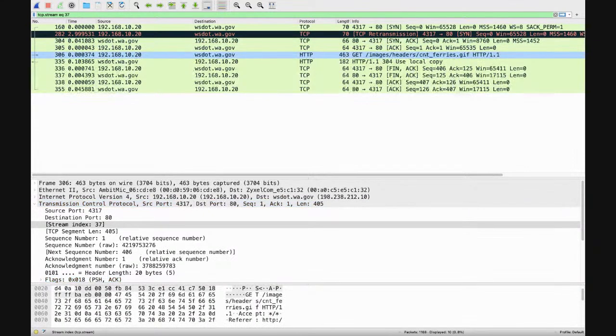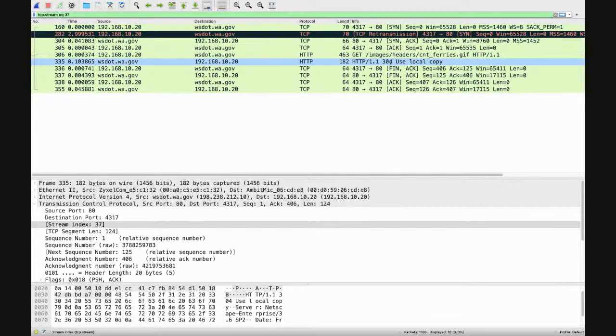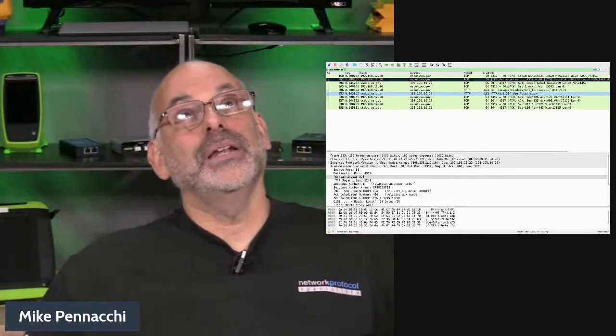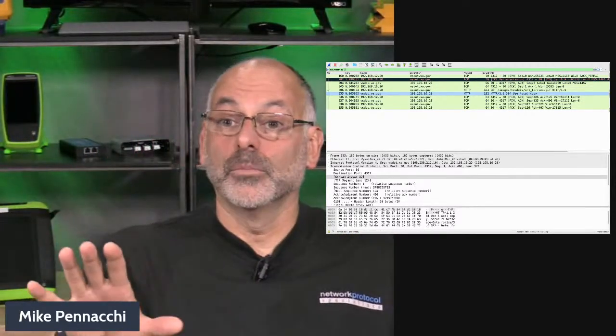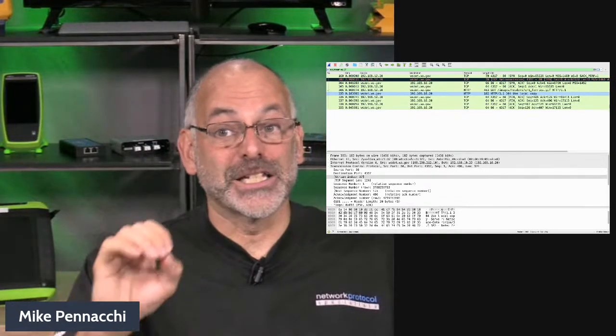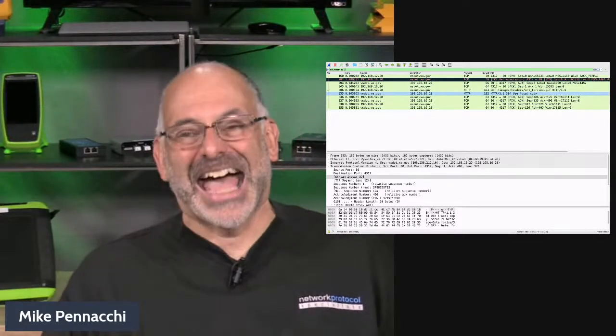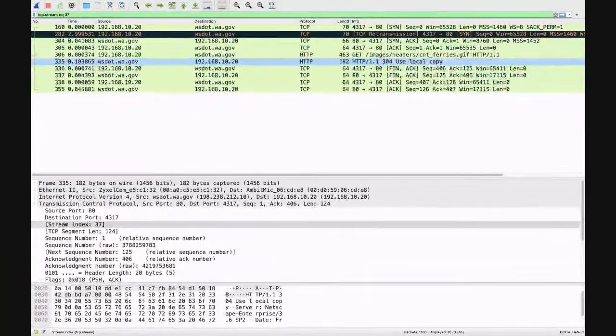Right here, we say, get this header image. It says, use local copy. You already have it. So here's an example of where I already had it cached on my machine. And I said, hey, I want that. And we waited and waited a long time. When it comes to networking, 3 seconds is a very long time, only to find out we had the correct image cached already on our machine.